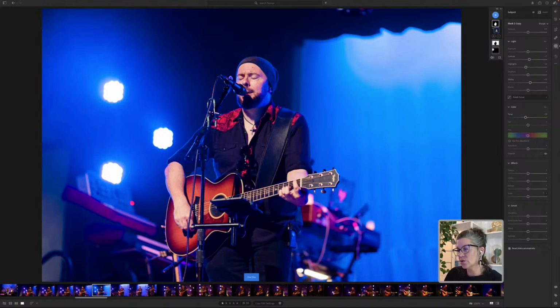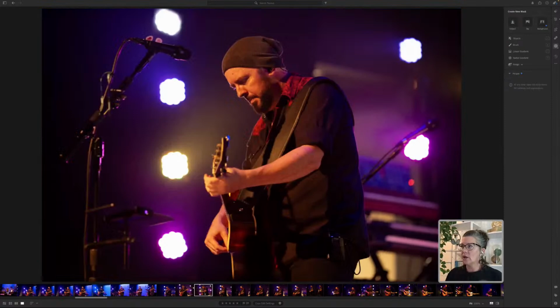So one thing when you're shooting concerts, you're going to have that backlight, right? Normally whenever you're shooting with a studio light, you have a main light, which is the light that's in front, right? So there's kind of a main light here. And then you end up having what's called a rim light, which is a light that separates the person